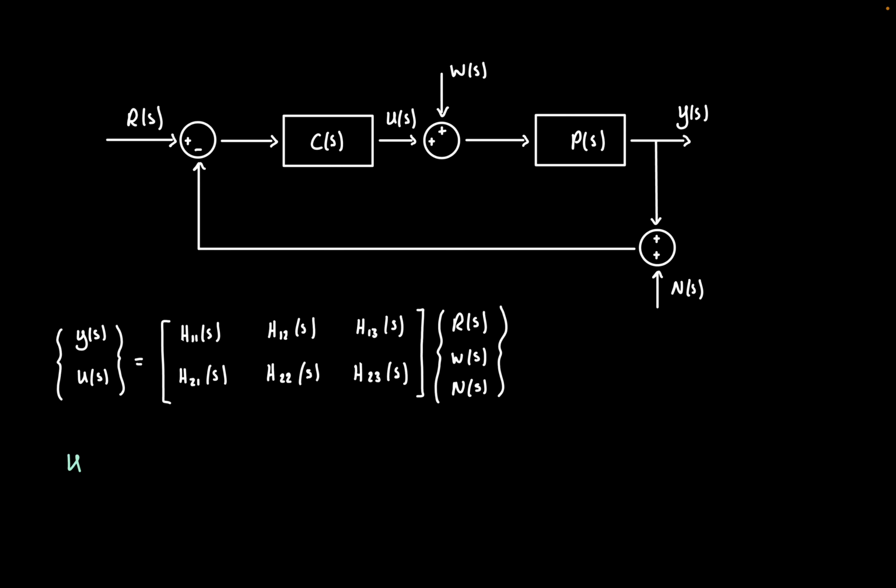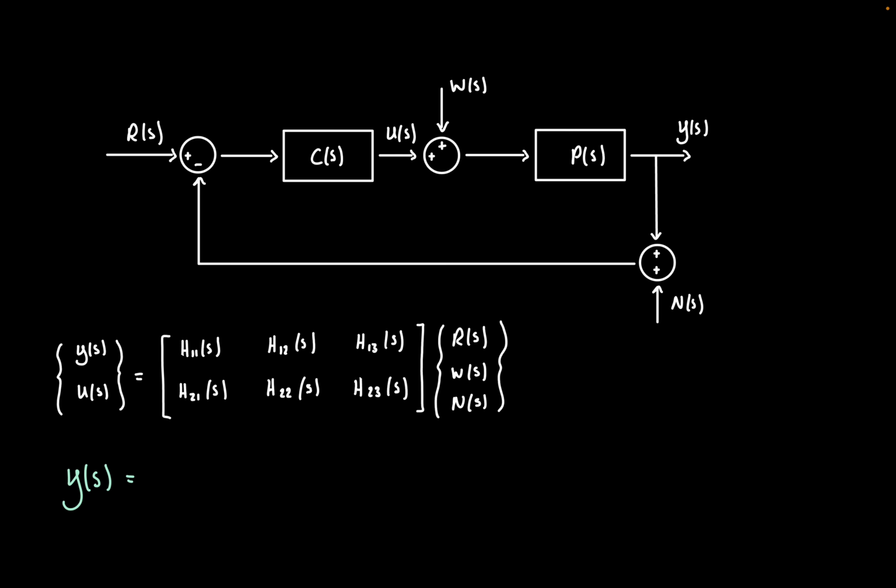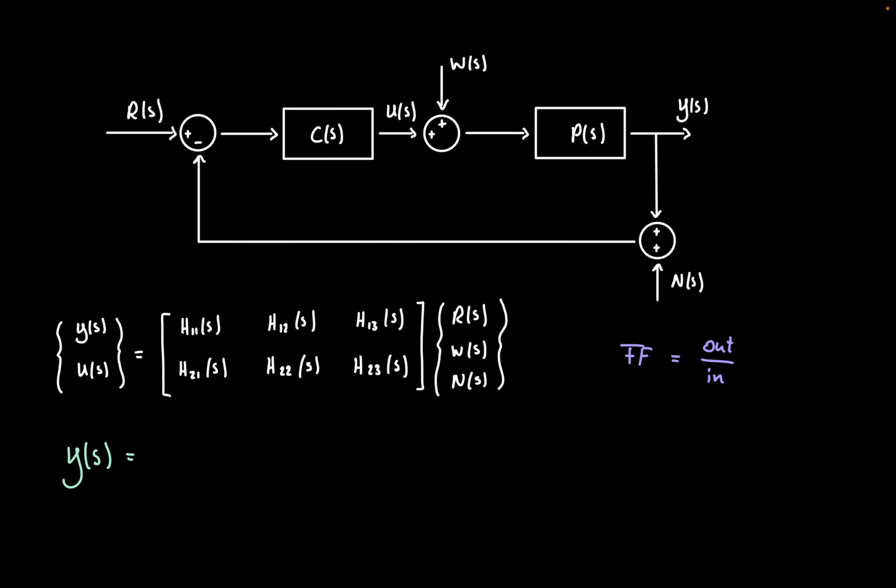So with Y of S, we're going to focus on that output first. With Y of S, we can see that is up here as an output. Now with every single transfer function, we're going to have, say, TF for the transfer function. That is going to be equal to the output divided by the input. So if we want to isolate the output, we can simply multiply the transfer function by the input. So now here, Y of S is going to be the output, where P of S is going to be the transfer function, and this branch here is going to be the input. So what we can start by doing is we can say Y is equal to P times the input, whatever